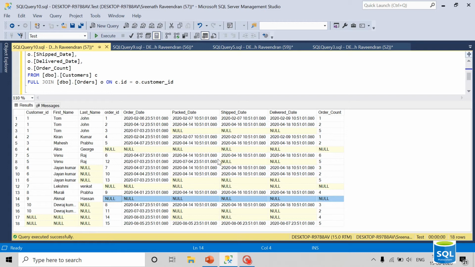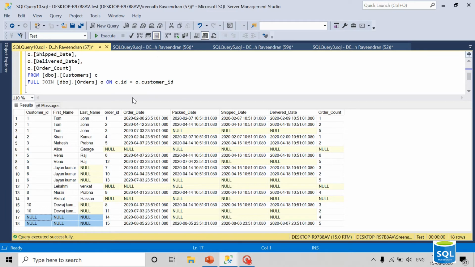Similarly, for a few orders, order number 14 and 15, there is no customer, so that's why the customer columns are null for those records. So it's actually a combination of left and right join, meaning it will pull all the records from both tables, and matching records will get aligned properly, and if there is no matching record, a null value will be selected for that.